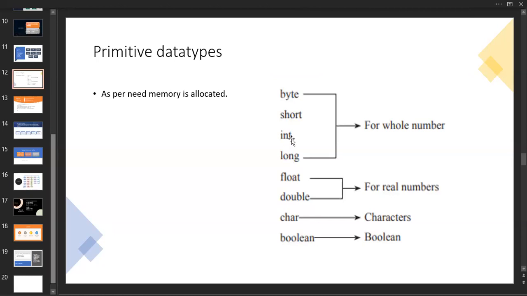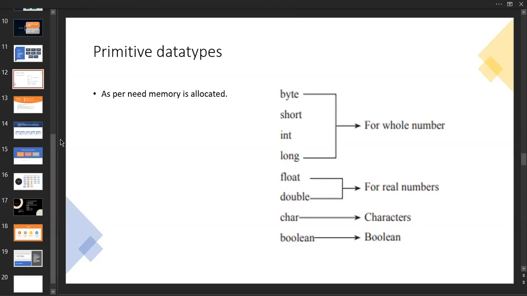If you didn't initialize the variable with this type of data type, it will be 0, and for float and double it is 0.0. The initial values are zeros for these, and 0.0 for those. For the character itself, it's null, and for the boolean itself, we have null over here. So don't get confused. Only 8 primitive data types are available in Java.